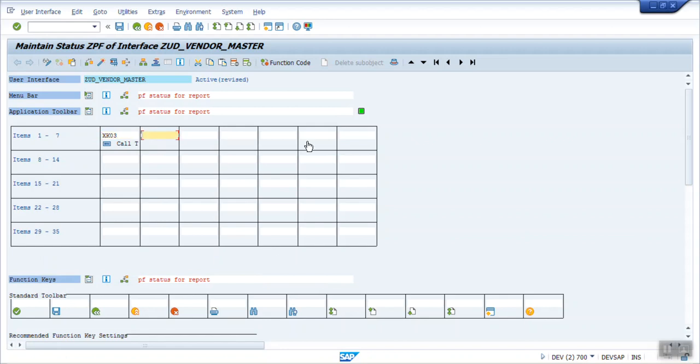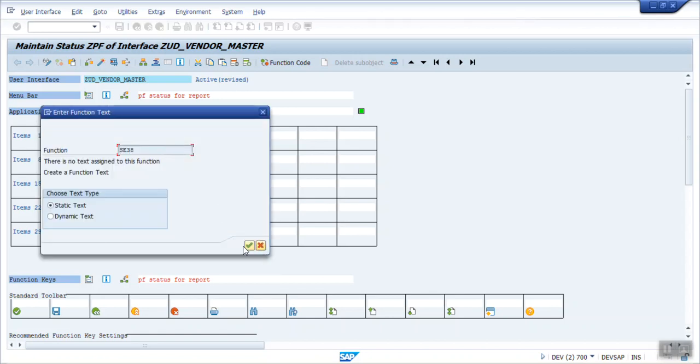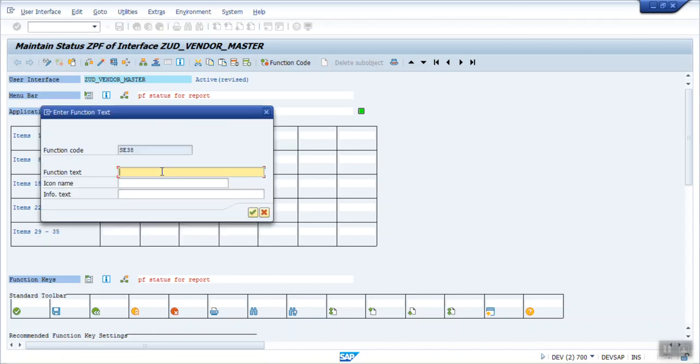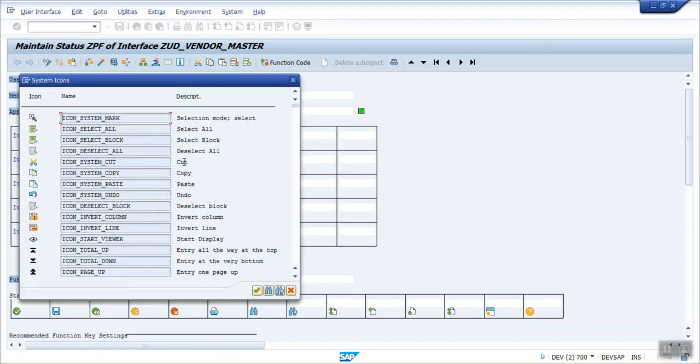Let me add one more button. Let's say our ABAP editor SE38. Let's select any other icon from the list. You can give any icon.